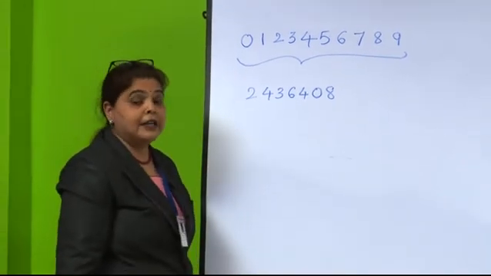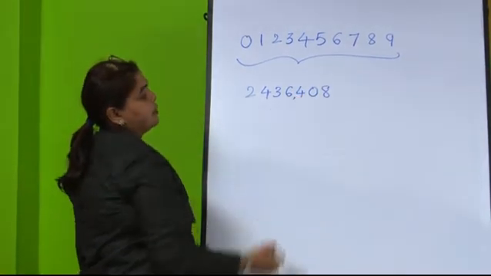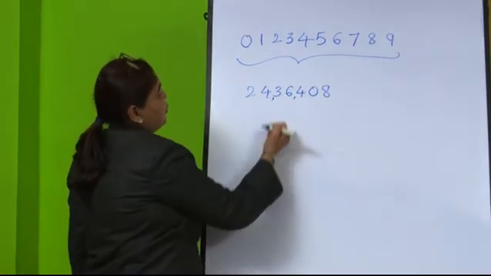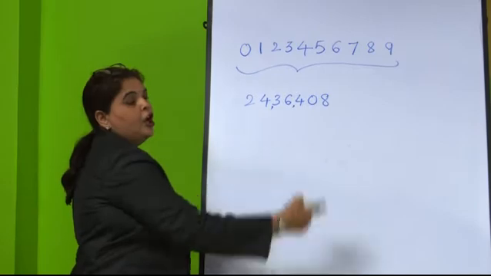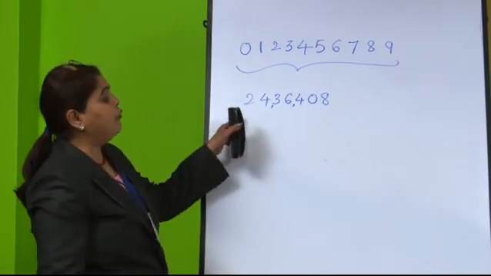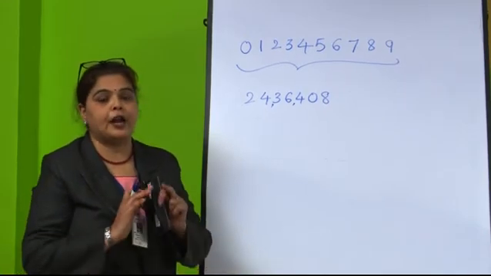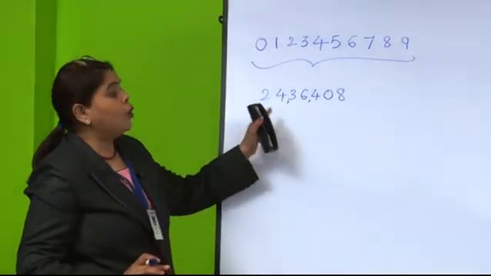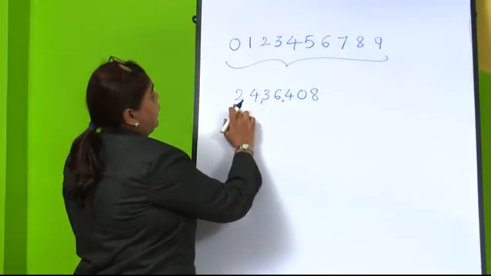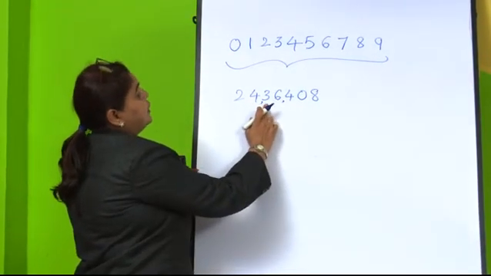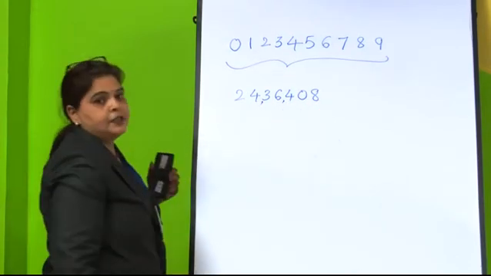So we are learning about the first Indian system. We have to put a comma after the first 3 digits, and after that a comma after every 2 digits. Now this is your hundreds, this is your thousands and this is your lakhs. Without putting the commas between the numbers, we are unable to read the number or write the name of that number. So here, what is it? 24 lakhs, very good. 36,408. Yes, you are right.